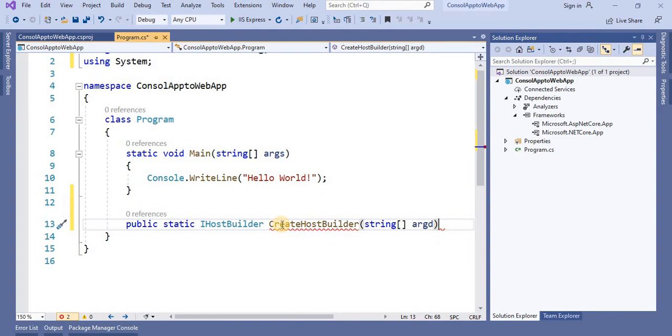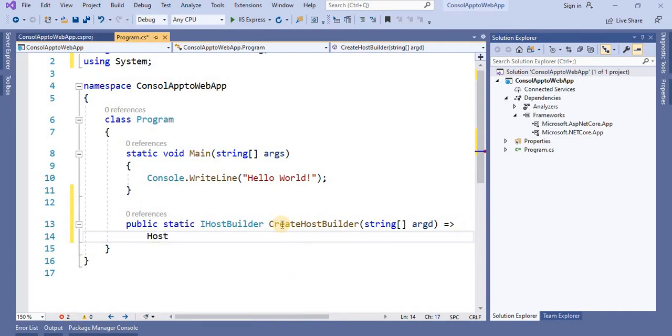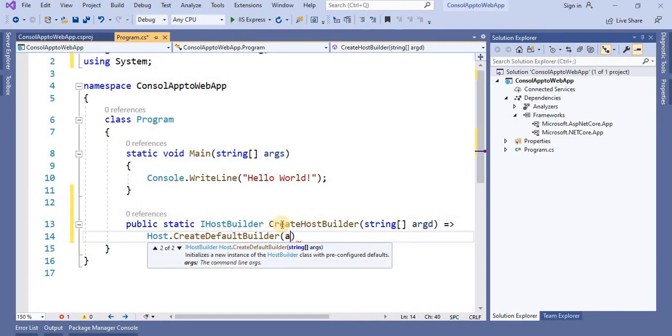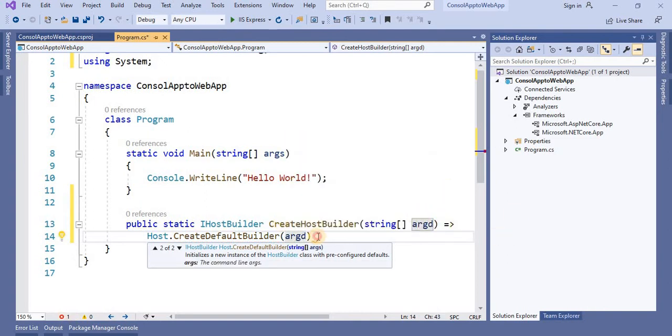Now let's write this as a lambda form, using Host.CreateDefaultBuilder, and whatever parameter args we are passing here, we will take it here.